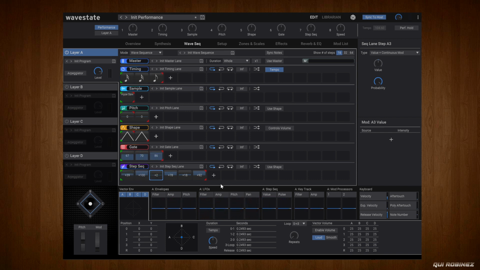Okay, that sounds really nice, but you also hear one problem. Every time I hit a note, the complete lane starts again at the first step. And you don't want that for this specific kind of behavior. When you hit a note, it should just continue that rhythmic pattern. There's a button for that. That's called sync notes. So if you do it now,